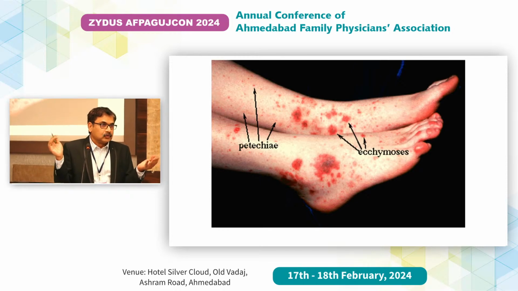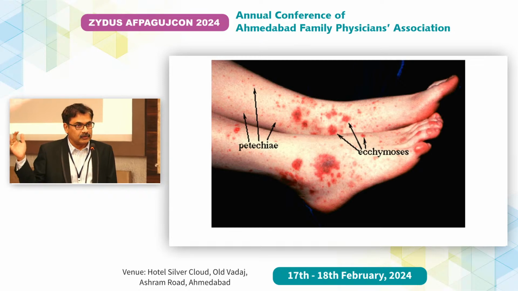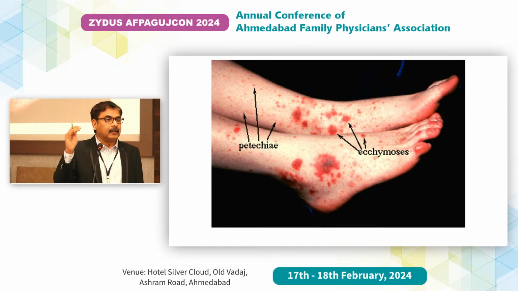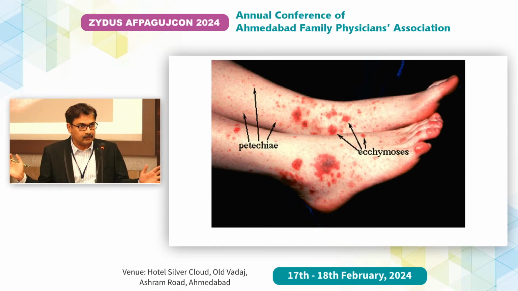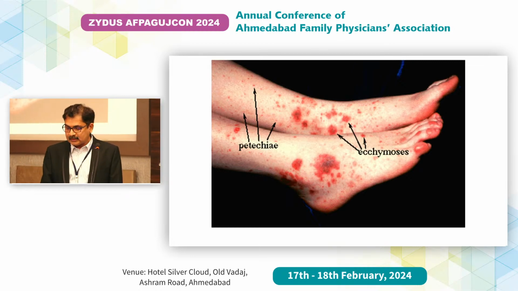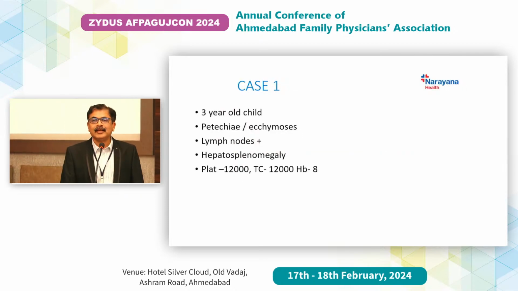So suppose you want to give clearance for somebody for surgery, you want the platelet count to be above 50,000 at least. Suppose you want to put somebody on antiplatelet therapy, you want to keep the platelet count above 50,000. Because if you're below 50 and you give antiplatelet, he will bleed. Okay? So these are some of the cutoffs which are used and the basis for that. So I was basically doing time pass with that for the time being. So we get going with cases.